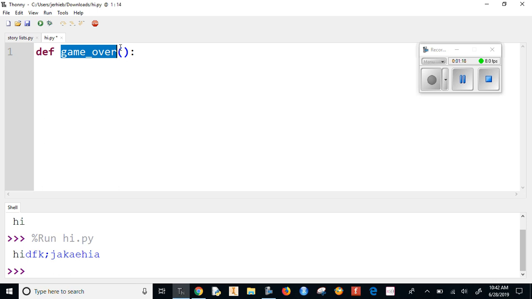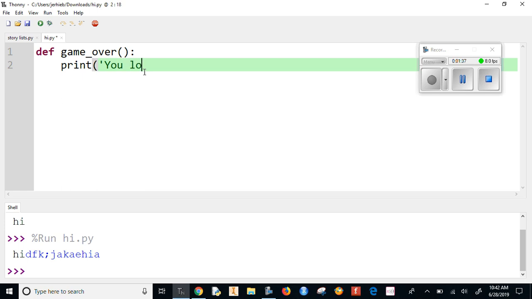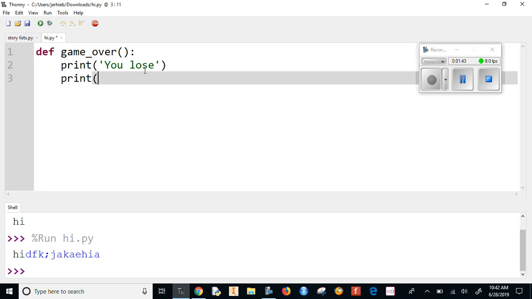And then we'll learn more about these parentheses, but we need these parentheses to call the function. It will make more sense in future lessons, but right now it's just something that you need. So every time there's a game over, let's print you lose. And then maybe we can have an input where we say try again. I need to learn how to spell. And input, do you want to try again?